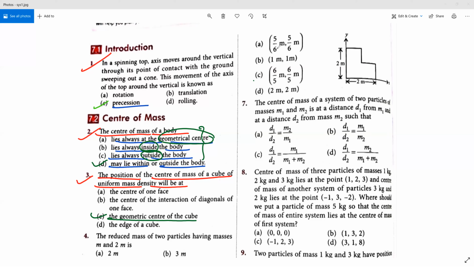So the fourth question, what they ask: the reduced mass of two particles having mass m and 2m each. First option they have given 2m. Second option they have given 3m. Third option